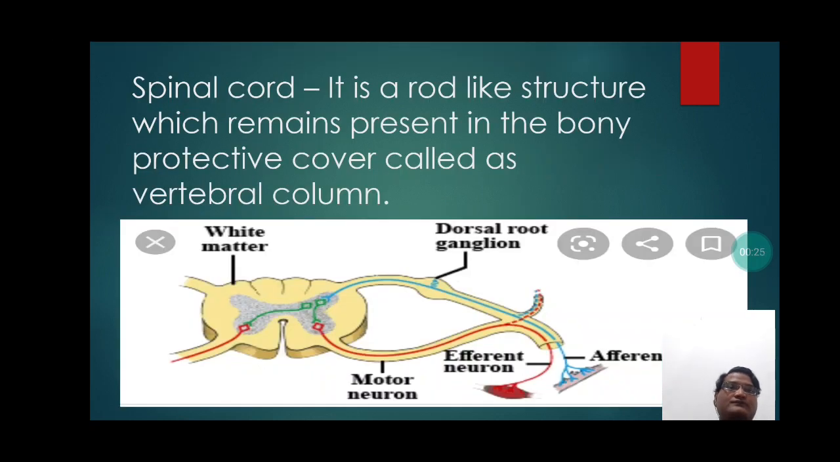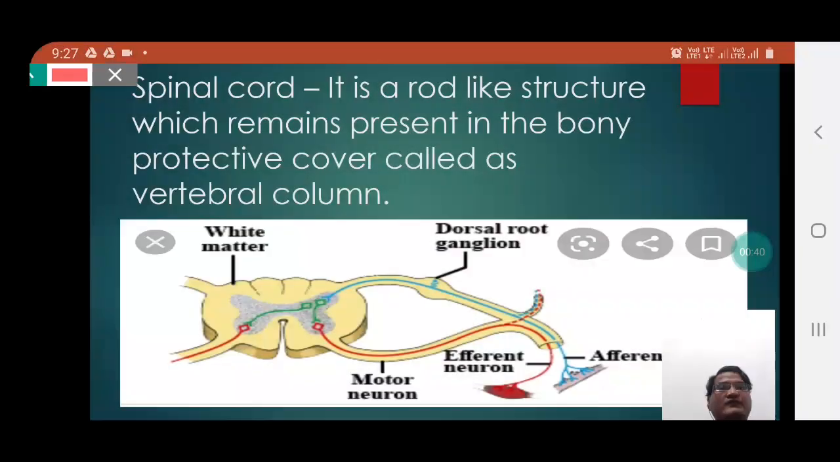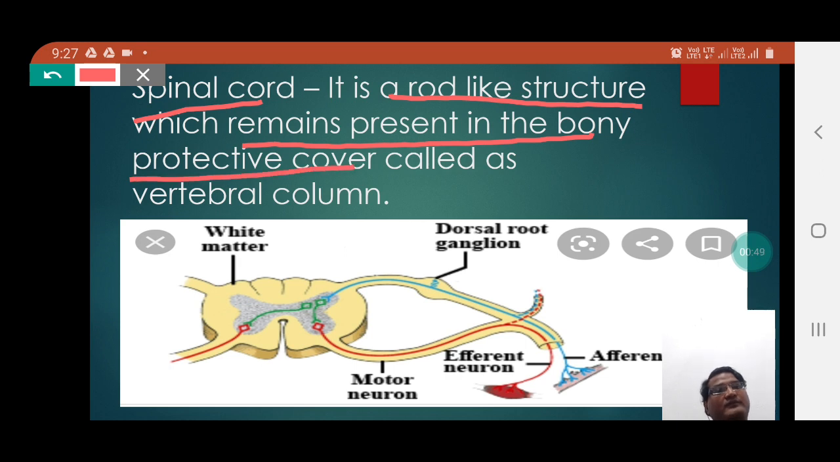Spinal cord. It is a rod-like structure which remains present in the bony protective cover called the vertebral column. Students, the spinal cord is actually a rod-like structure which remains present in the bony protective cover, which is called the vertebral column. Students, here we can notice in this picture